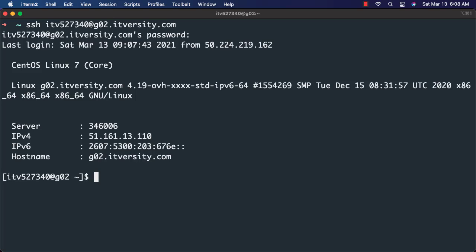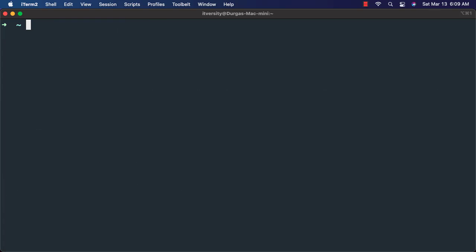One of the ways to streamline this process is to enable passwordless login between your system and the gateway node. How to take care of it? Let me come out of this. You can hit Ctrl D to log out from the gateway node and come back to the terminal on our Mac. Now I am on my Mac. You can actually say hostname here. You should be able to see the details about your system.